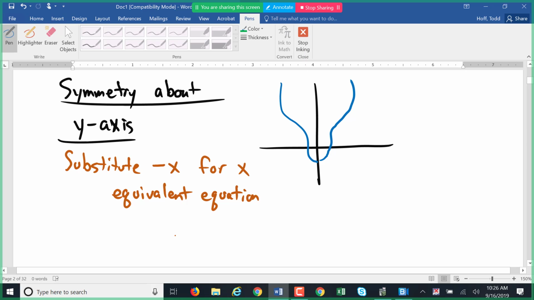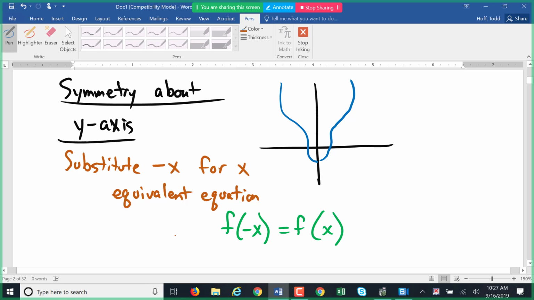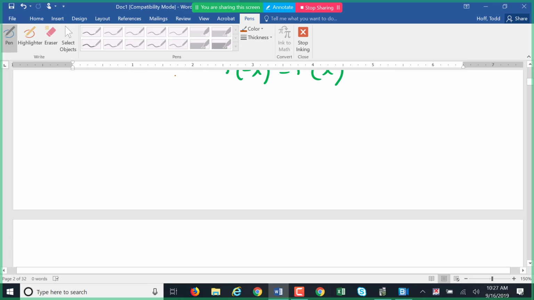In function notation, what that's telling us is f of -x is equivalent to f of x. Well, let's take a look at a function that is symmetrical about the y-axis. Let's check to see if we have y equals x squared minus 8. To check to see if that is symmetrical about the y-axis, we're going to substitute